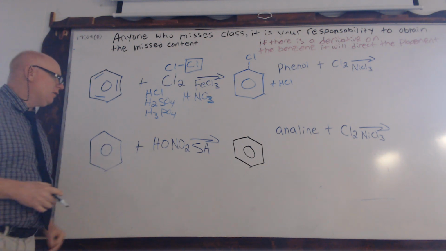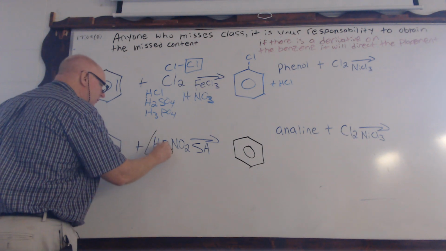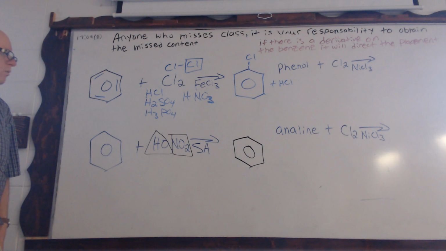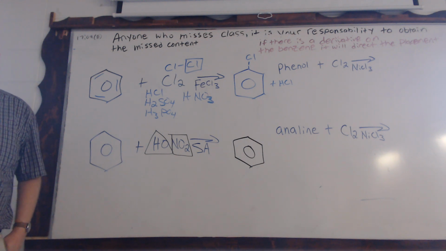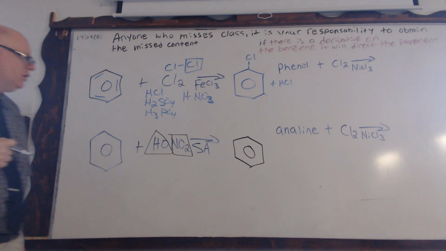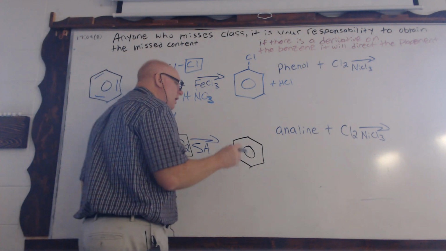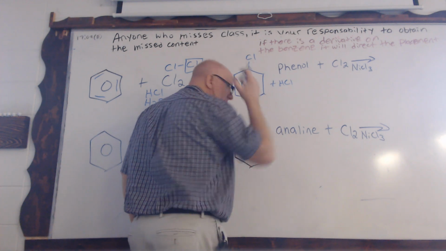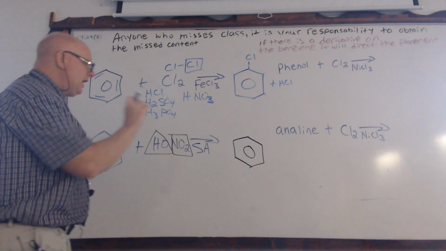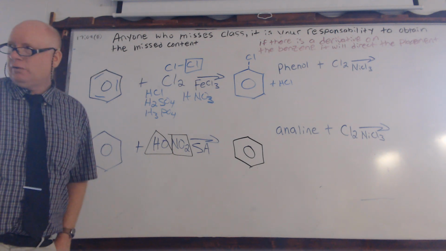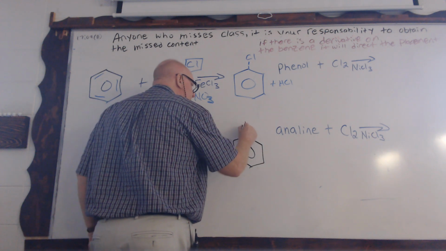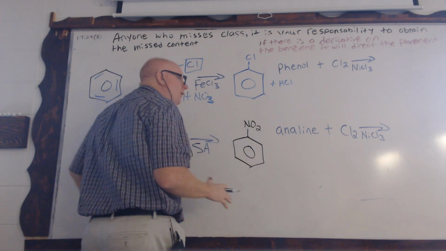Okay. So then we've got 2 parts to it. We've got this one. We've got a triangle and a box. So which one, the triangle or the box, according to this chart, will attach to the ring? Box. The box does. So what we are doing, this is a nitro group, and I think that was on your worksheet that was handed out last week. So according to that chart, what is going to be attached onto this ring? You said the NO2 group. So where do you want that attached? Very top, okay? So therefore,